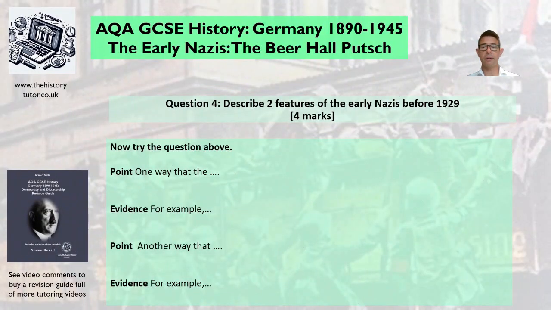Okay, if you want to try another question around the early Nazis, have a look at this question. Describe two features of the early Nazis before 1929. Or you could think about two features of them between 1924 and 1929, maybe their democratic nature. If you're going to do before 1929, I suggest one point could be about how they were aggressive and tried to seize power, but then from 1924 onwards, they were democratic in their way of seizing powers, perhaps. Or you could talk about their beliefs: anti-Semitism, race, nationalism, anti-communist. You could talk about any of those ideas to give you a good answer.